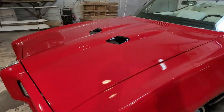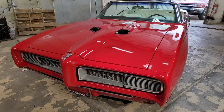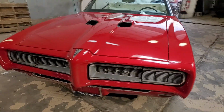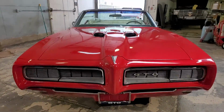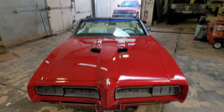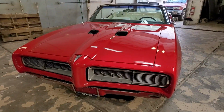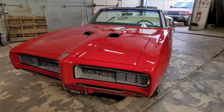It's a 400 under the hood, and it's the YS motor, which it originally came with. I don't think that this is numbers matching, but it is a 1968 400 block, and it's a 350 horsepower. This car has a special history because it's a one owner, bought by a gentleman here in Las Vegas that passed away, and his executor, his niece, actually called me up and said, hey, we want this thing to be presented and sold